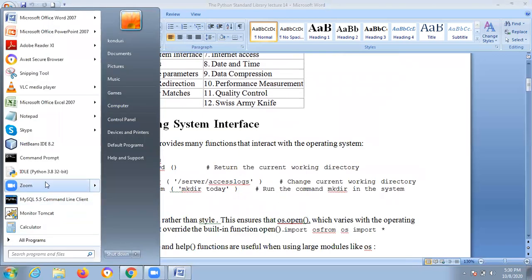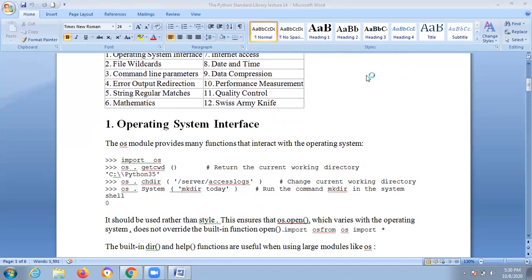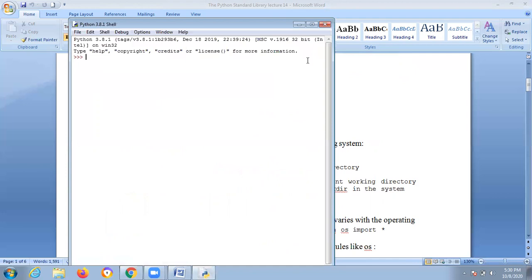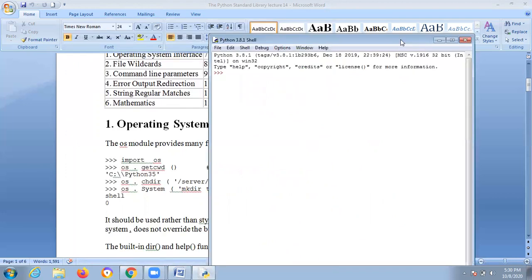I will explain practically now what happens in this. Just observe. First, open the Python software. We'll see one by one. I'll explain one module, and the remaining things you have to practice. First one is import os, dot getcwd. See, this path will be searched from the Python standard library and it will display the result.